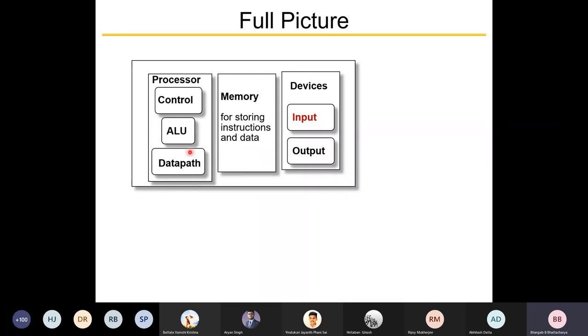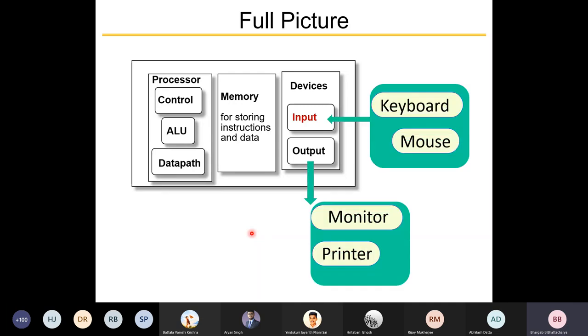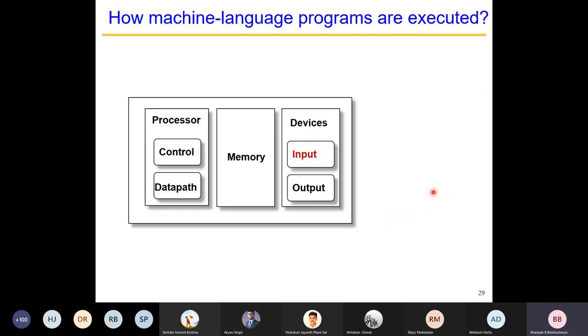In the processor you do not save anything, but there are some registers also available here which can serve as temporary storage, because accessing memory is time consuming, right? And also you need input output devices. So this is the full picture, and for output you have a monitor or printer, for input you have keyboard, mouse, and so on. All right,